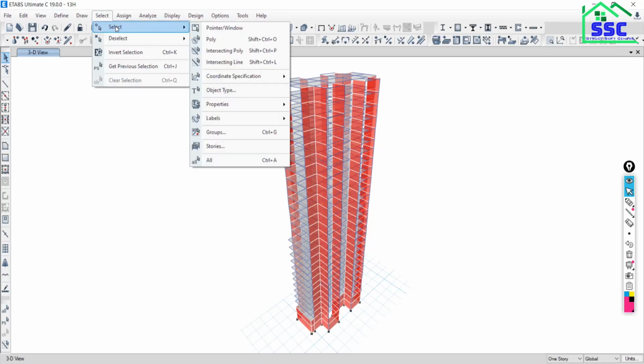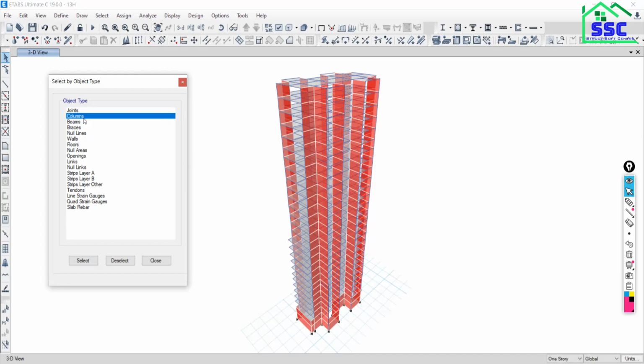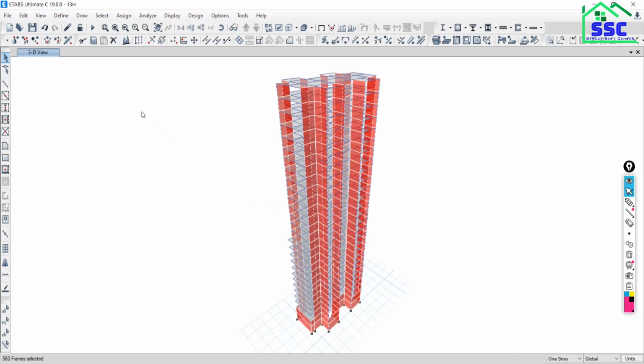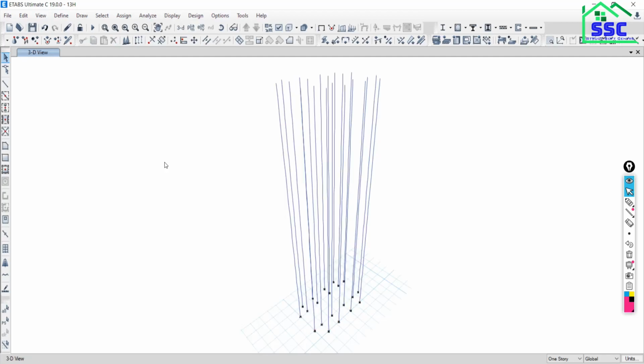Go to select, go to object type, click over columns and say select, so that all the columns will be selected. Now right click on the window and say show selected objects only. Just click over this, so that all the columns will be in view only.